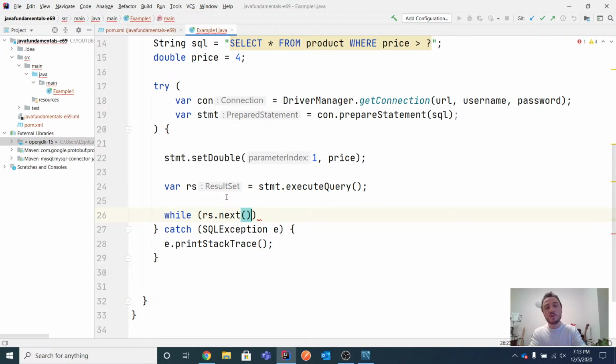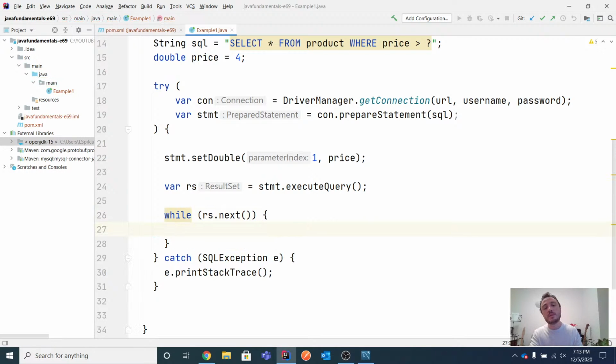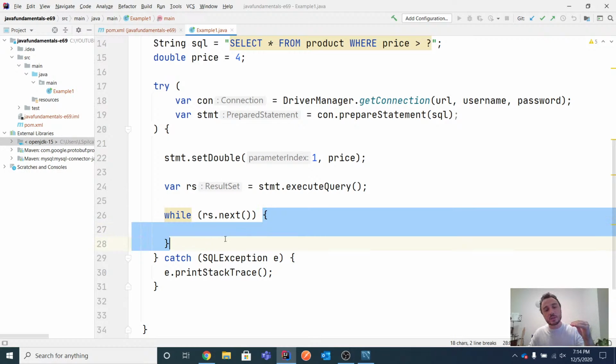And if I use a while here, as you've seen me working in the previous lesson, then you will basically move the iterator through each and every row for every iteration. So for every